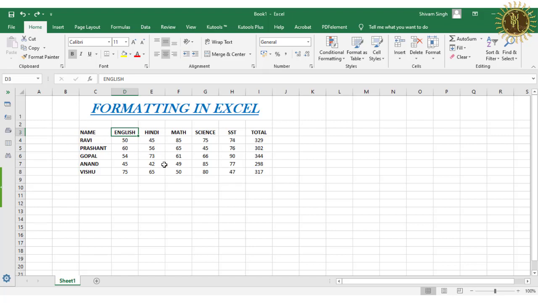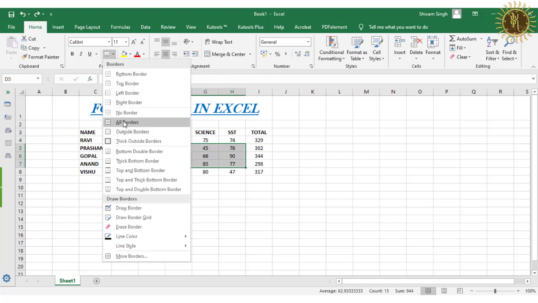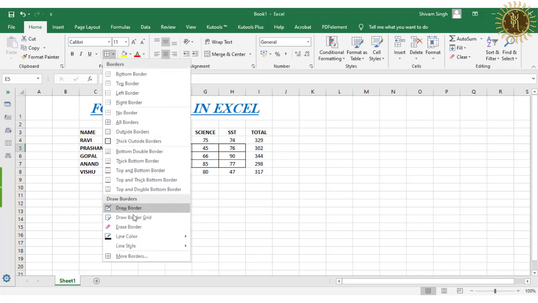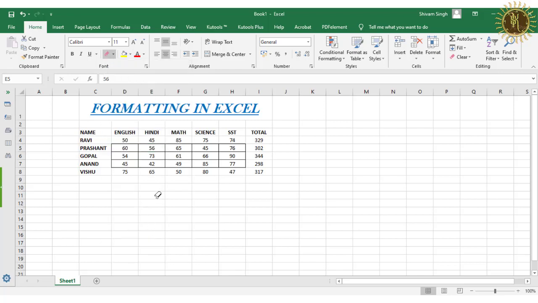After that, erase the borders. Okay, for that you have to apply the border first. So I have applied all the borders. Then how to delete the borders? Select the cell, go to the drop down of borders, then this is the erase border. So one eraser has been selected here.